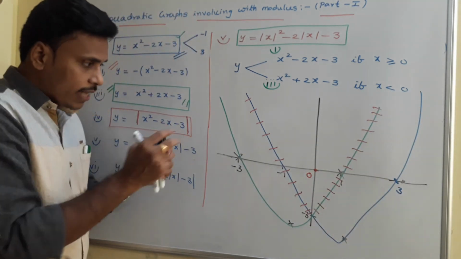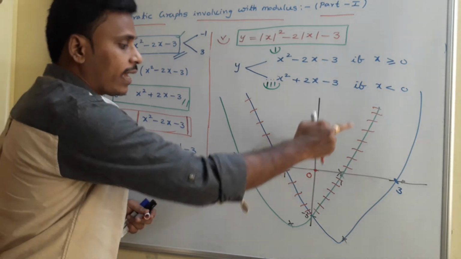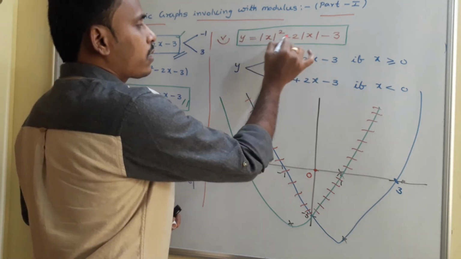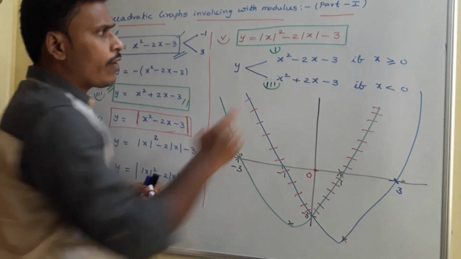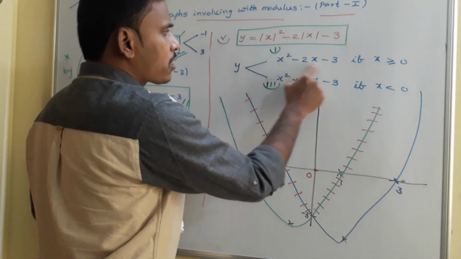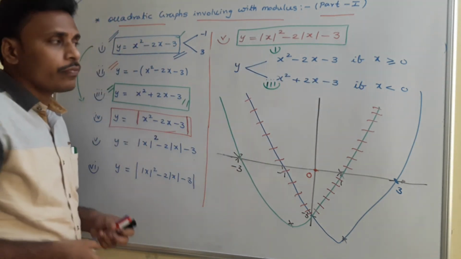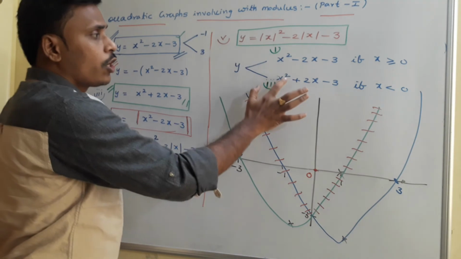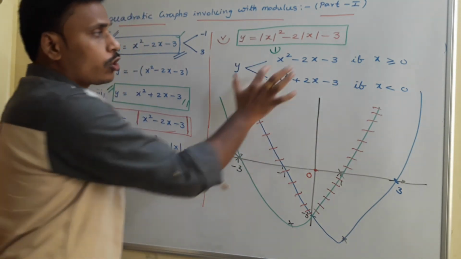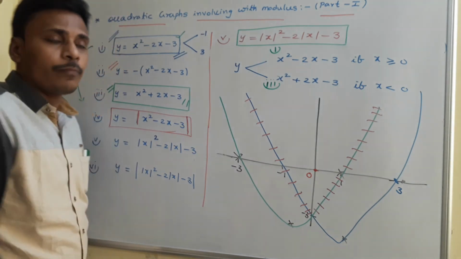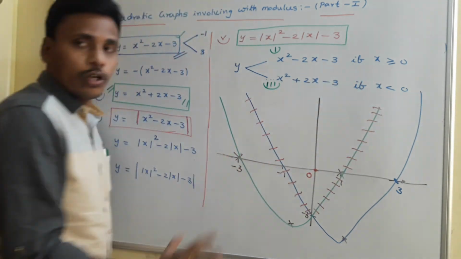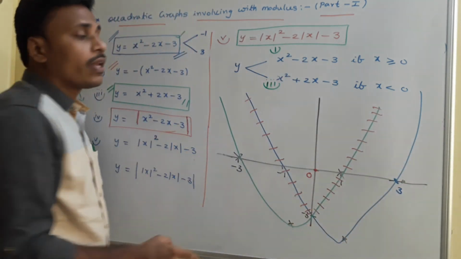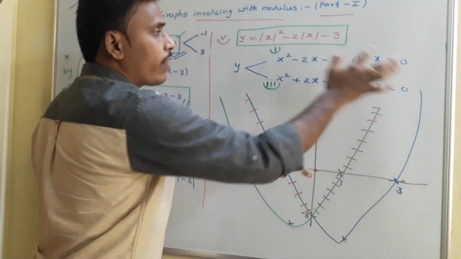Okay, so as for a look, I am just eliminating these neglected parts, and before eliminating, I will explain once again. See, this is mod x square minus 2 mod x minus 3. If x is positive, mod x is x, so x square minus 2x minus 3 is the y. If x is negative, mod x is minus x, replace modulus of x with minus x, you will get x square plus 2x minus 3. So this expression for x greater than 0 only, this expression for x less than 0 only. First of all, sketch the first graph. So this blue color part is the first graph, but you need to consider this only if x is greater than 0.